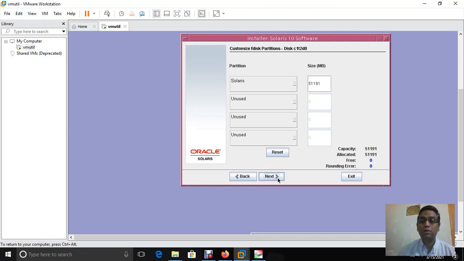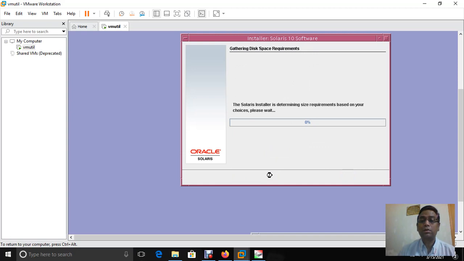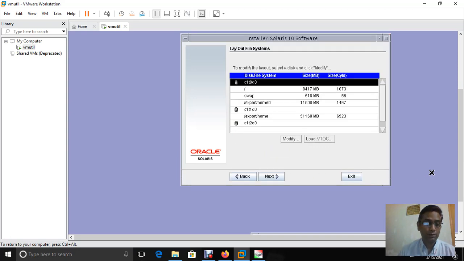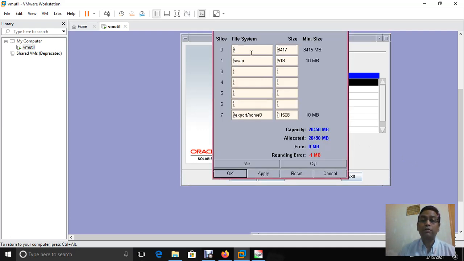Okay. Then leave the default of the remaining customize. We must keep it the default way. And the default layout file system will look like this. Okay, let's see. This one. Now click on d1. Okay, selected and modify